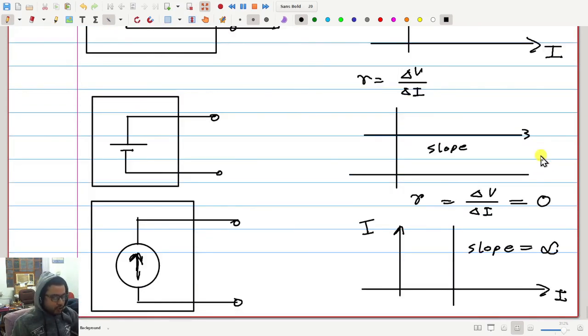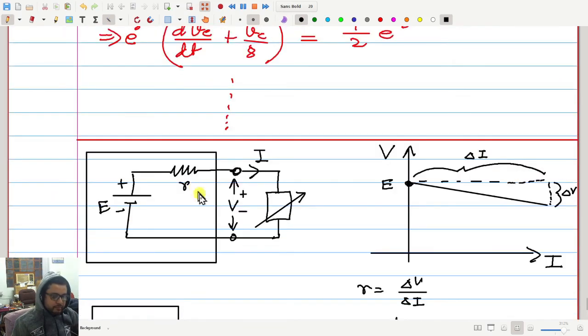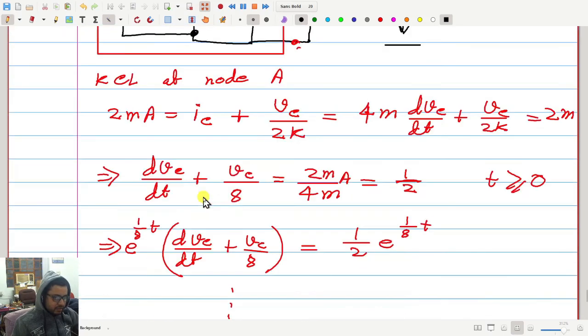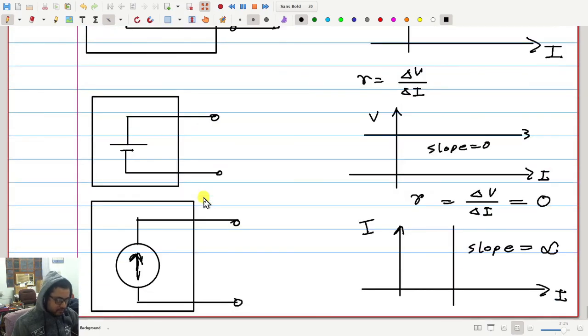Any other question? Sir, can we directly use the equation for a capacitor whose voltage is given by V naught plus V infinity minus V naught times e to the power minus t by RC? In which context are you talking about? We have to find the voltage across a capacitor in a circuit, like the example we were discussing just before. So I was saying that we can directly write this equation. Yes. Let me explain in this way.